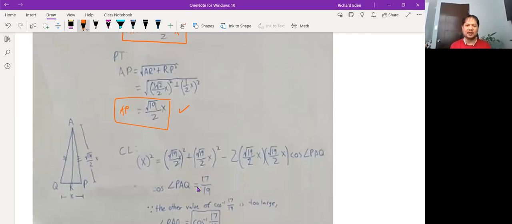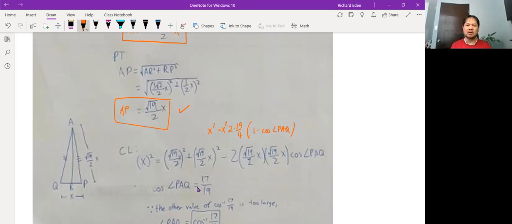Let me just verify. x squared equals 19 over 4, which is doubled, and then 19 over 4, which is also going to be doubled. So 1 minus the cosine of angle PAQ, with x squared eventually being canceled. So we have,